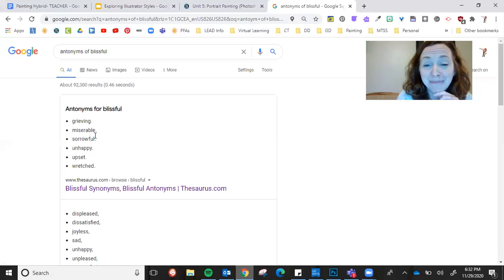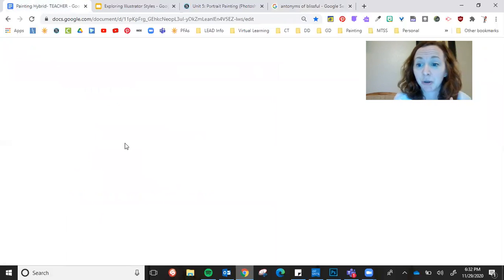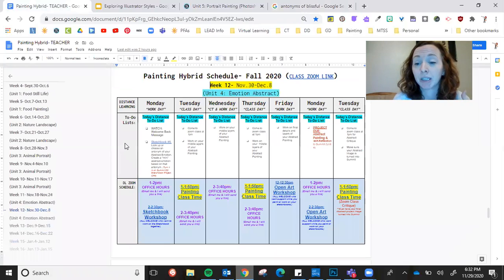So sad, but grieving, miserable, sorrowful, unhappy, upset. I think I'm going to do miserable. And what I'm going to then do, in my sketchbook, is create my own little mini version of this project.